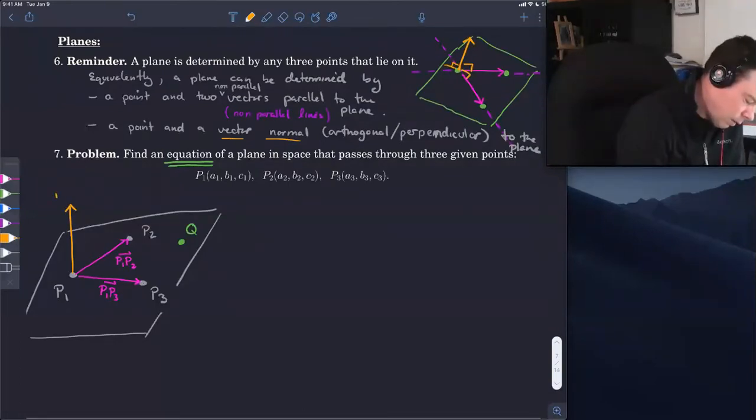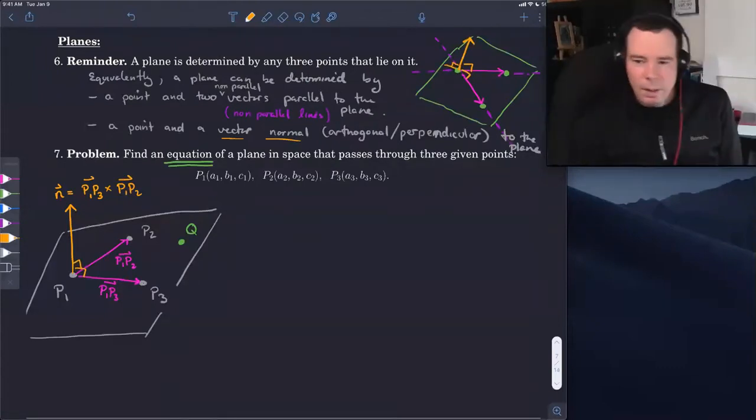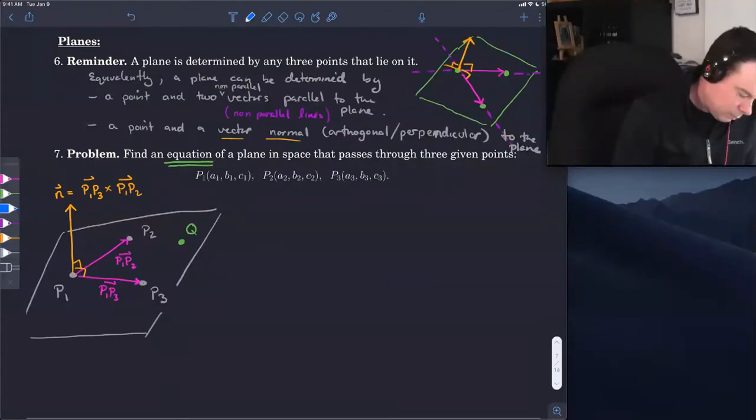And what I'll get is a normal vector to the plane. So just to be consistent with the picture here and the right-hand rule, it looks like I'm taking P1P3 cross P1P2. That gives us a vector that's perpendicular to those two vectors. And then lastly, if I draw the vector from P1 all the way out to Q, so that's our P1Q vector,